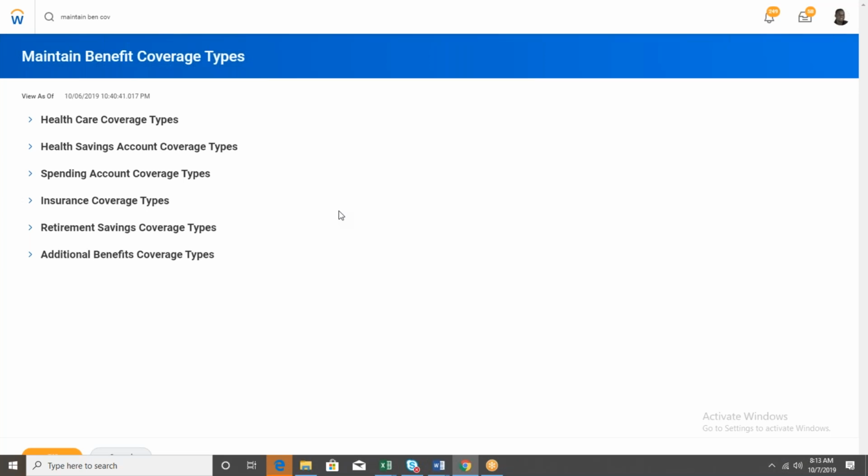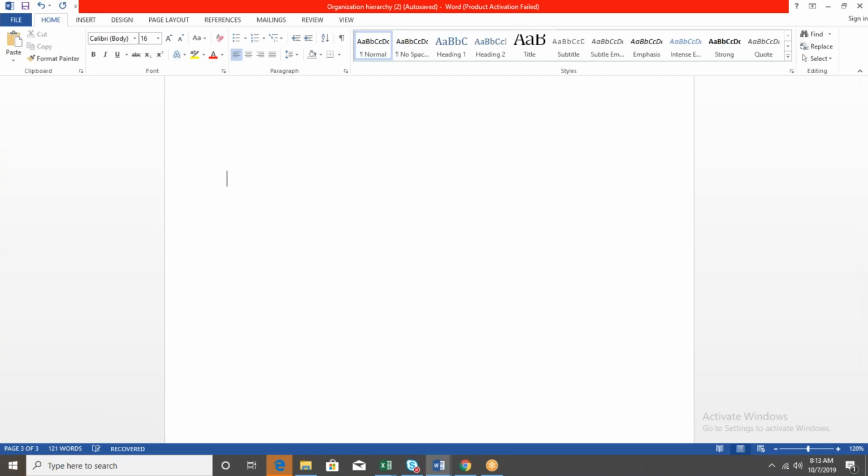Here, a few terms we have to be more clear. One is benefit provider. Another one is employer, then employee. Can you give an example who is a benefit provider? Any insurance company.